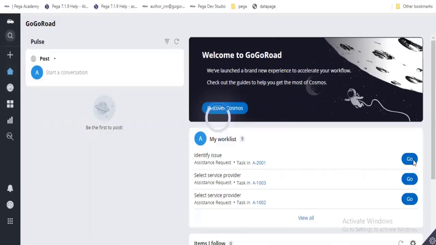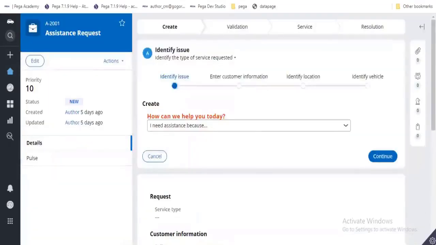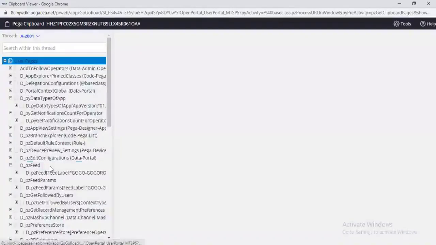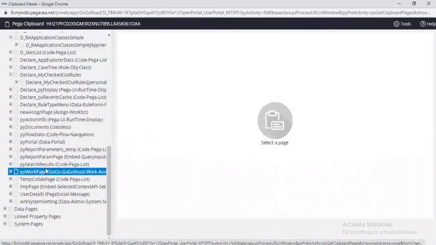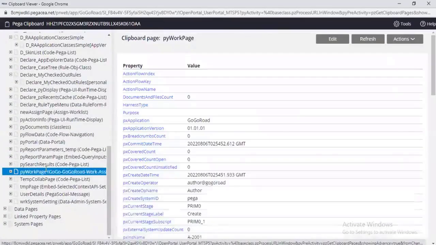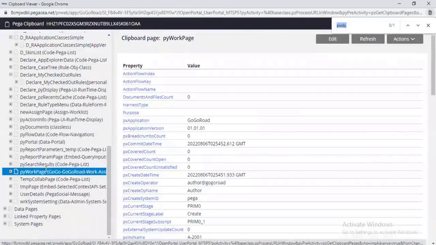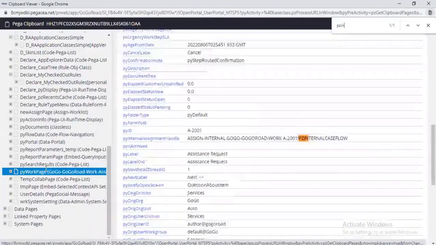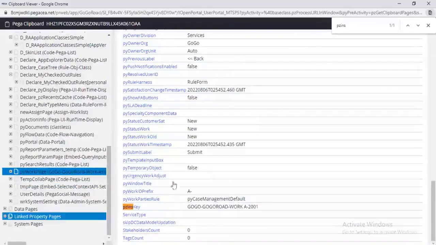Open the clipboard on the primary page. What is a primary page? The primary page is pyWorkPage. If I click and press Control F, search for pzInsKey. See, this is the pzInsKey.